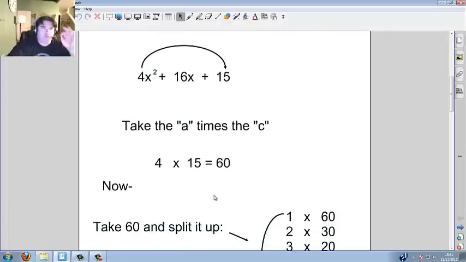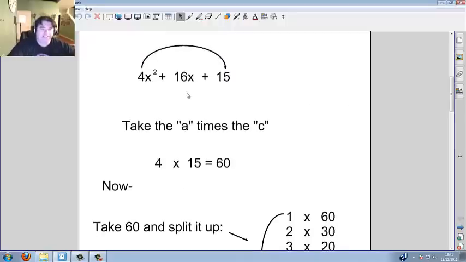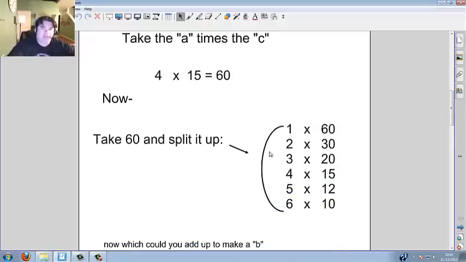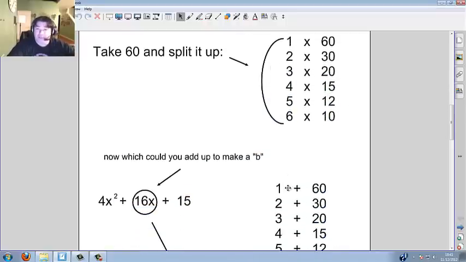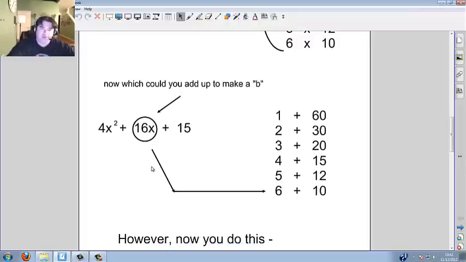Now what I'm going to do is split up all the options for 60 again, like 1 and 60, 2 and 30, 3 and 20, until I find a combination for my middle, and my middle is 16. Notice that when I add up these different combinations, the one that makes 16 is 6 and 10. Okay, so all you have to do is take this trinomial and change it into a quadnomial or polynomial. And what you do is the